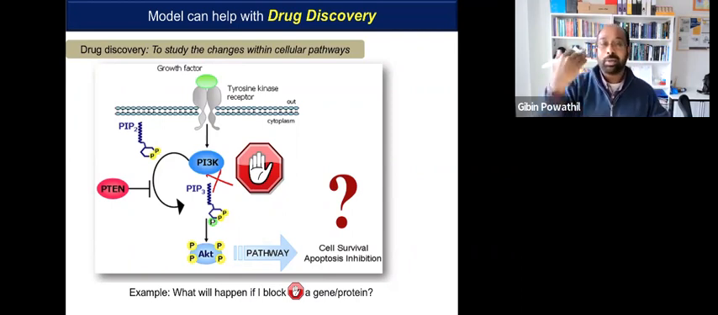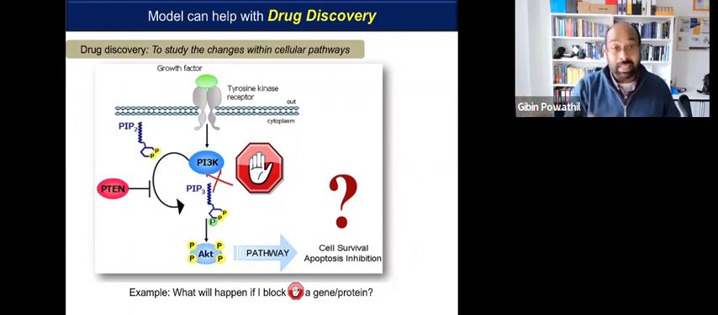It's really hard to do experimentally, but once you have a mathematical model, we can easily test out hypothetical situations and say, if I stop this, what eventually happens at the end? Will it change something at the end qualitatively or not? So this can inform drug discovery